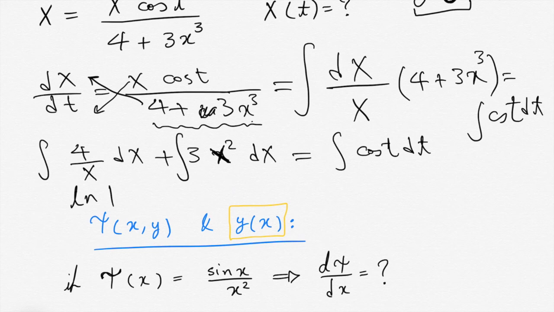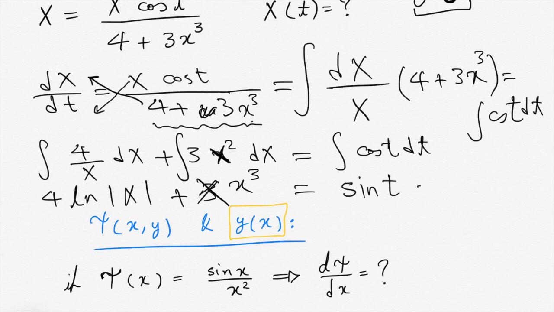So here we have a natural logarithm, ln of x times 4 plus 3x^3, which is going to be omitted, and here we have sine of t plus a c in general, because we have one ct here and we have one cx here,